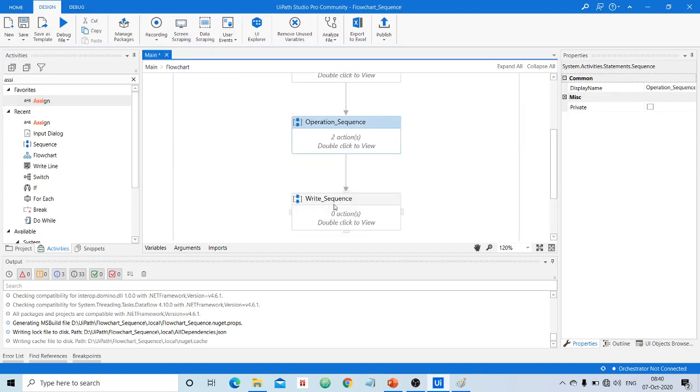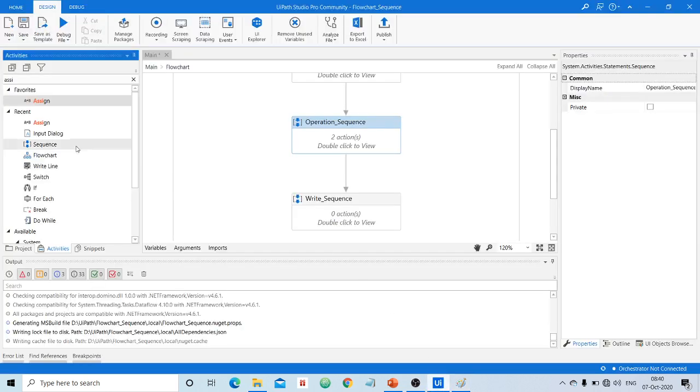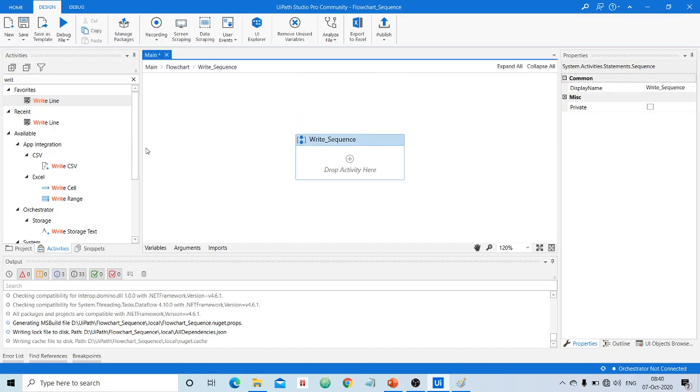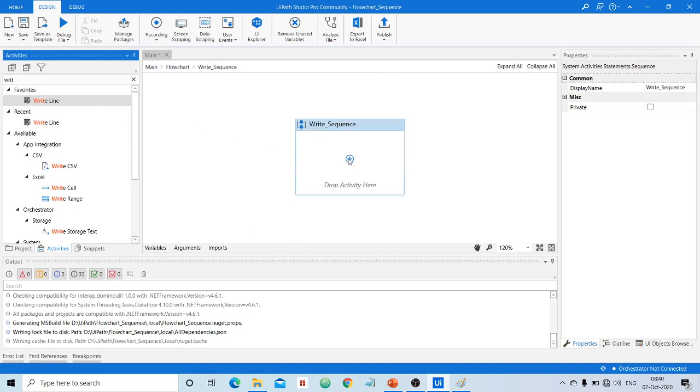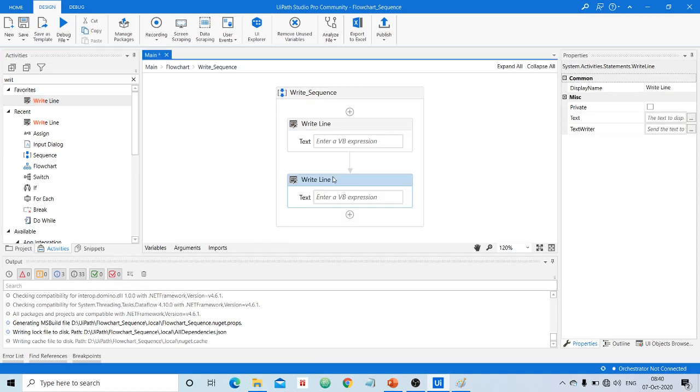Finally, what we have to do in the write sequence? In the write sequence, we need to write the value of sum and difference. So for that, I can use write line, which will write the value onto the output panel. I need to double click, then drop it here, and I need one more write line. But you can do that job in the single write line only. For better clarity, I am using 2 write line. What it has to print?